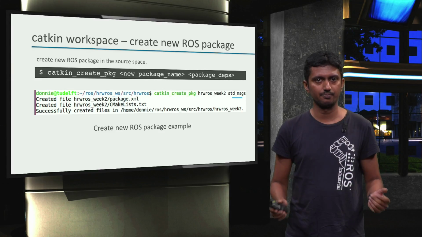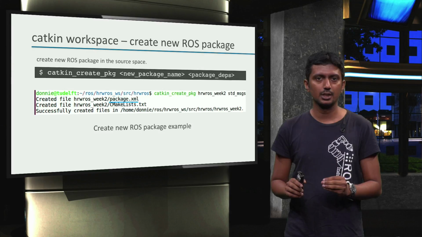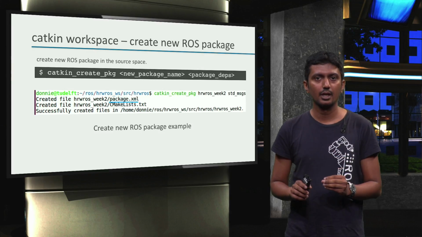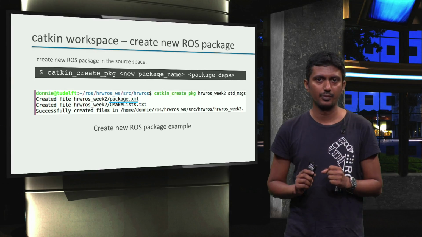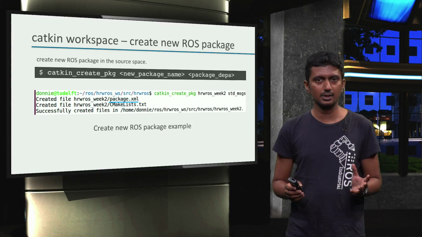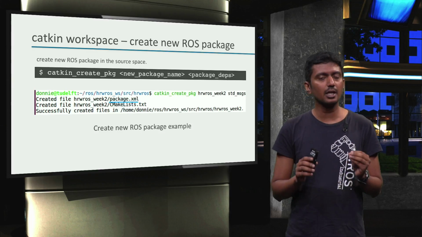This simply means we will be using some modules of the std_msgs package within the HRW-ROS_week2 package. All dependencies of a newly created ROS package are automatically listed in the package.xml file inside the ROS package folder. In case we realize that our application depends on more ROS packages that we did not foresee at the time of creation, we can simply add that to this file.